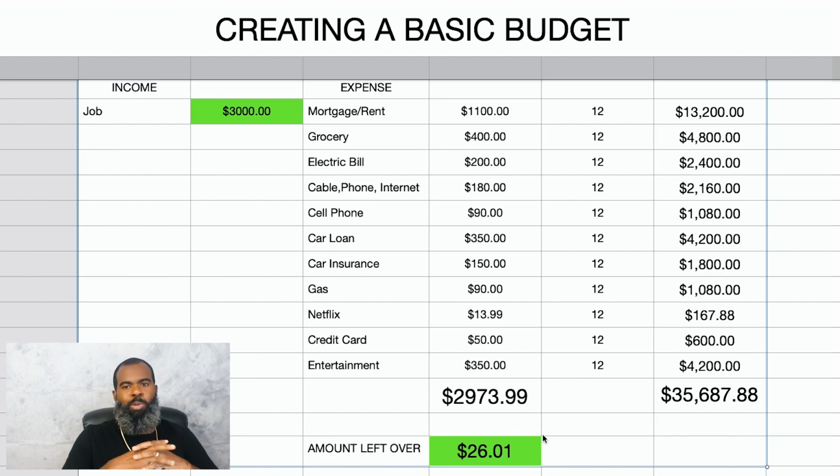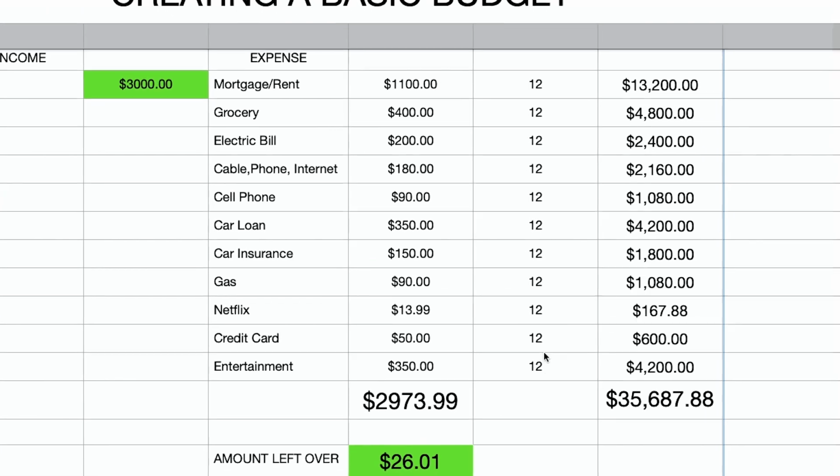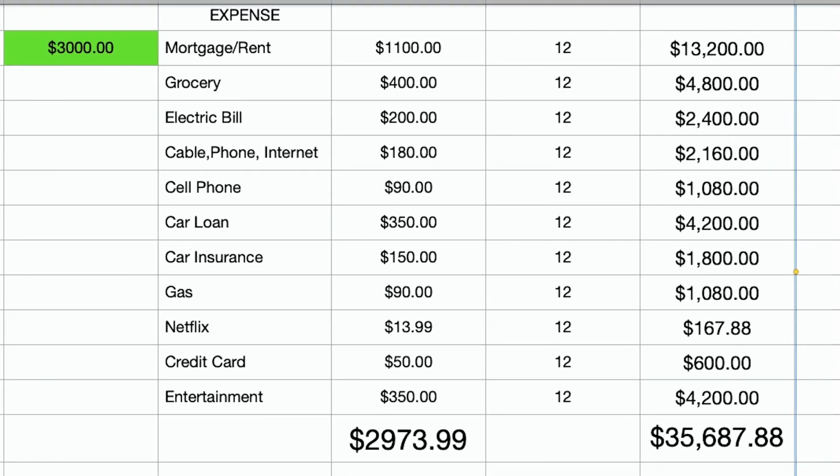So probably the whole time I was doing these numbers, y'all were wondering, what the heck are these 12s and these big numbers over here that are being calculated out? Basically, I wanted to show you not only how much you're spending every single month, in this case $2,973.99, but I want you to see how much money you're spending every single year in all of those categories. So as you can see, this person spends $35,687.88